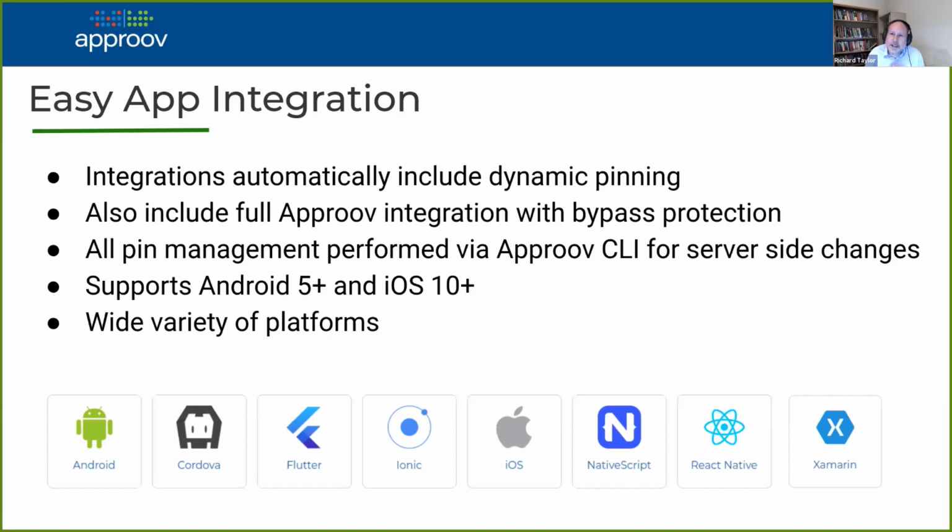So the actual pinning itself is open source, but where the pins come from is from the Approved SDK. But if you look at our quick starts, which are on GitHub, you can see how that pinning is actually implemented, which is quite a useful resource if you're looking to implement pinning on a particular framework, but don't want to use the networking built-in mechanism because you're worried about the level of operating system support.